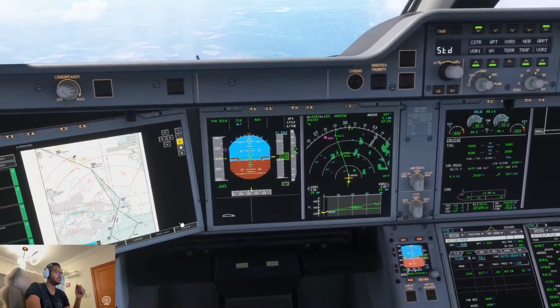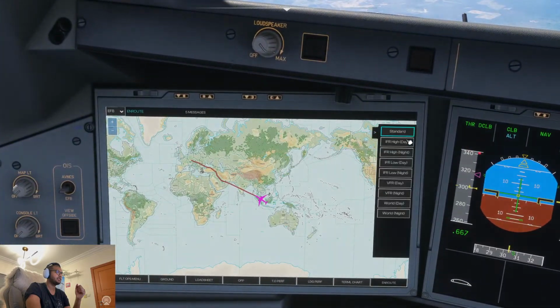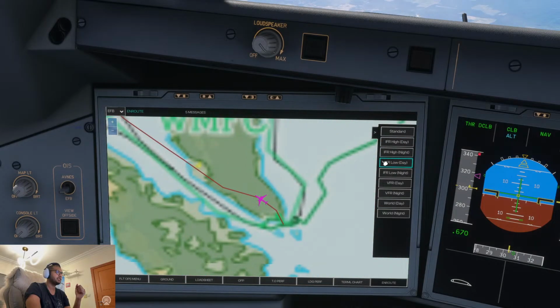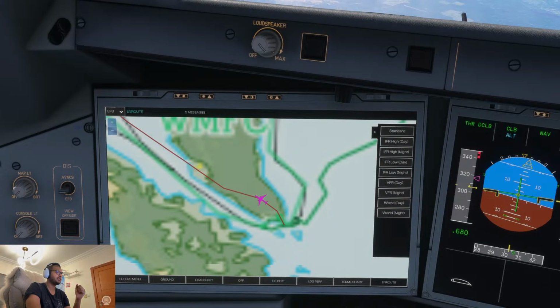Okay, so in this part of the world, let's take a look at some airports that we can go to. Let's zoom in here. Off the top of my head, I know there's a few airports that I like: Kuala Lumpur, Penang potentially. I don't know how that's going to deal with it. They do have 777 operations in Penang, so I think the 350 would not be a problem. Phuket, which is going to be one of